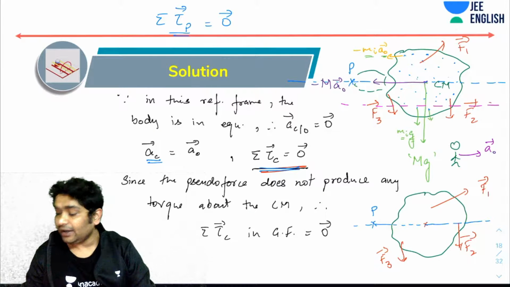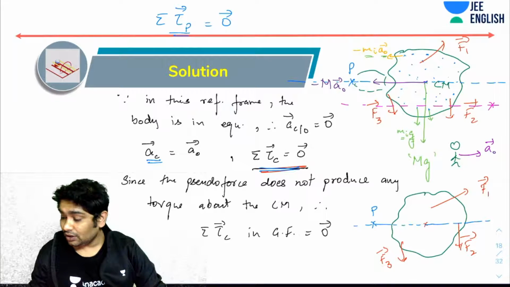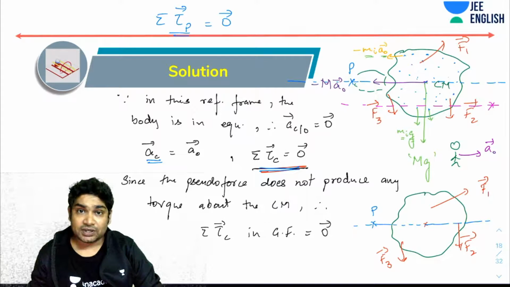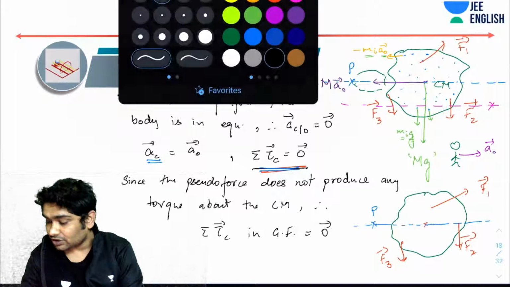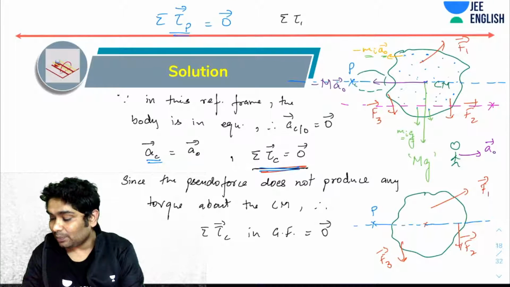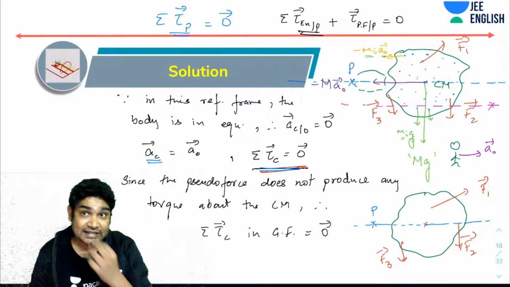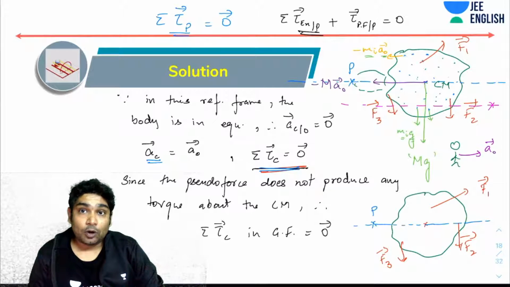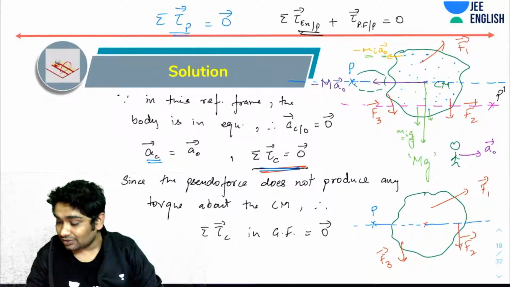Now you realize if I take torques about this, in the non-inertial reference frame, the net torque must be 0. So I can say the summation of torque due to external forces about P plus pseudo torque of pseudo force about P must be 0, which implies that this is non-zero. The net torque due to all external forces about this P dash, let's call this P dash,